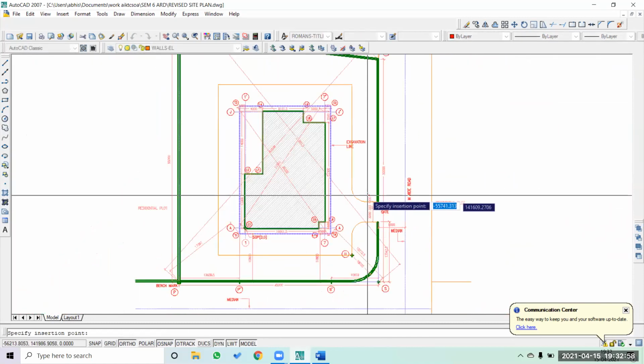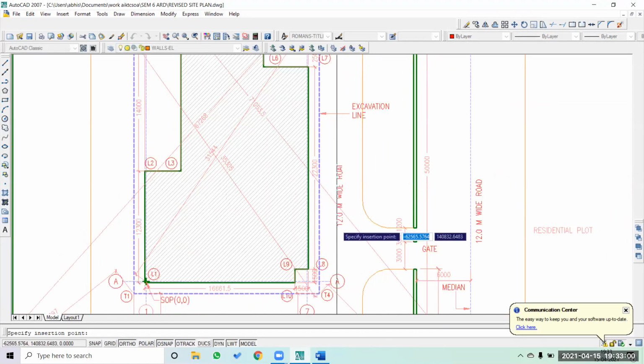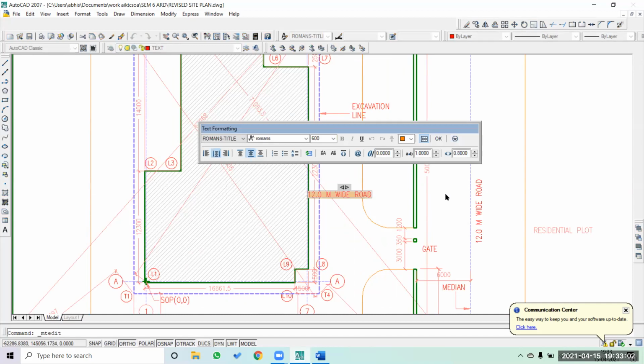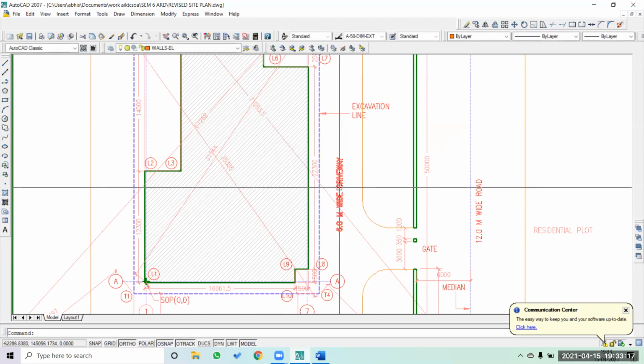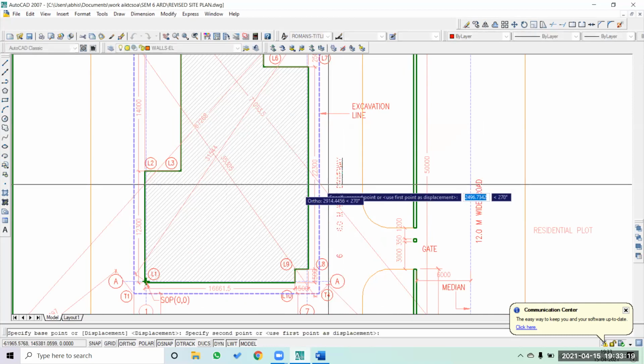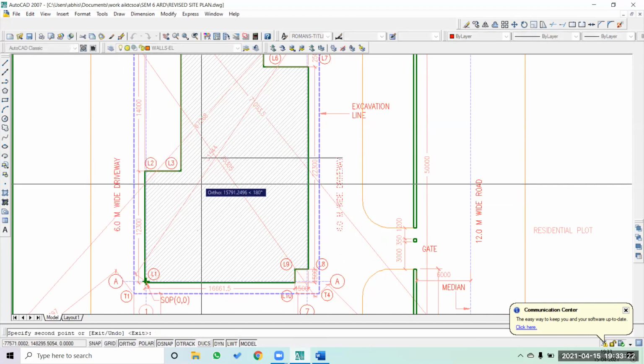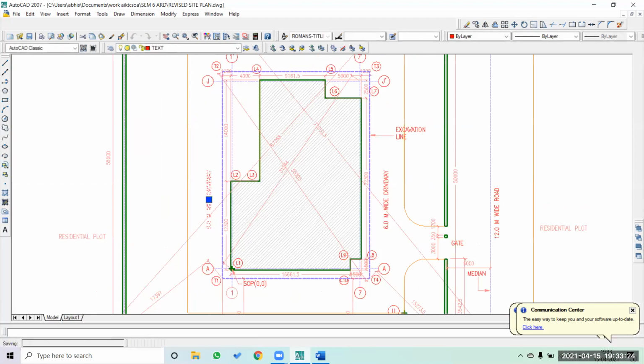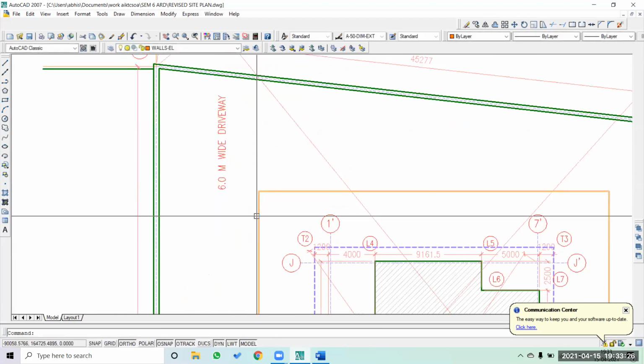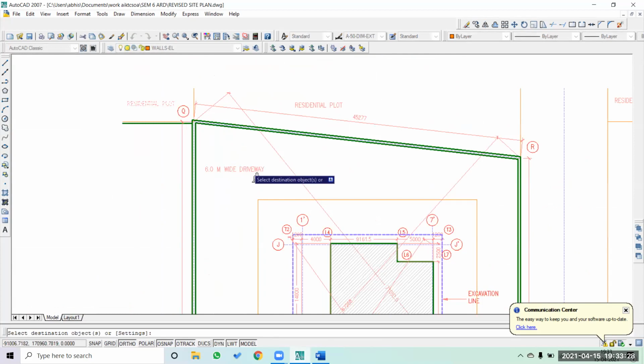I'm going to copy this text, put it here and write 6.0 meter wide road, or driveway. It's mentioned here. I'm simply going to copy and paste it here. Similarly I'm going to copy paste it here.